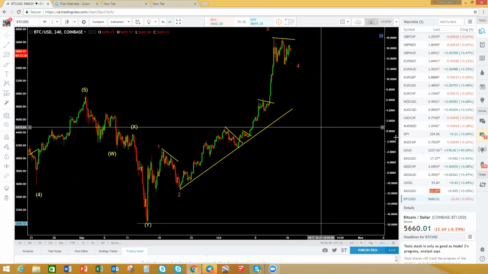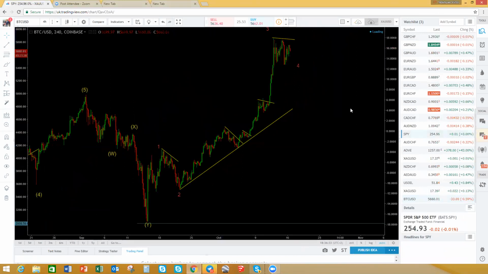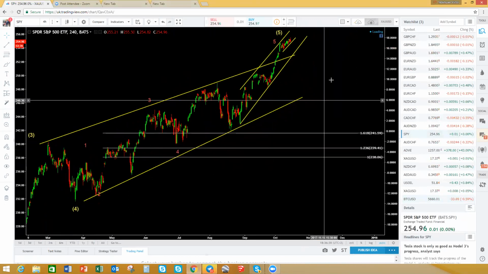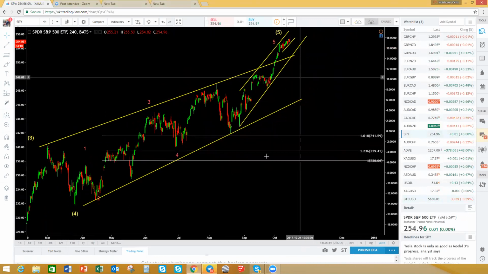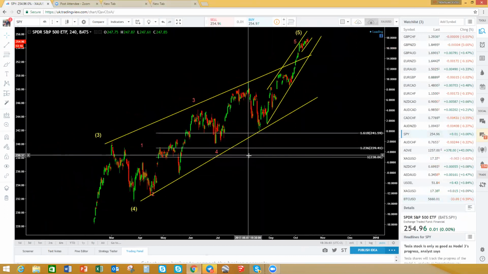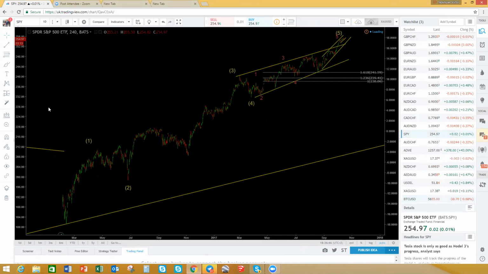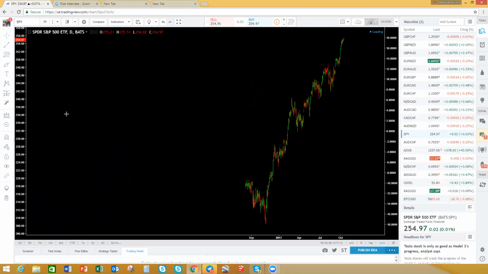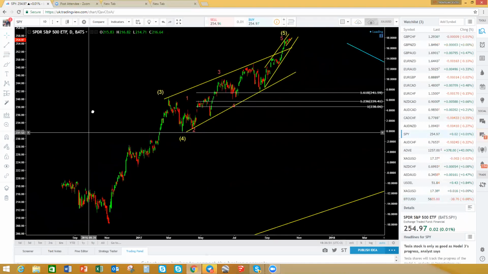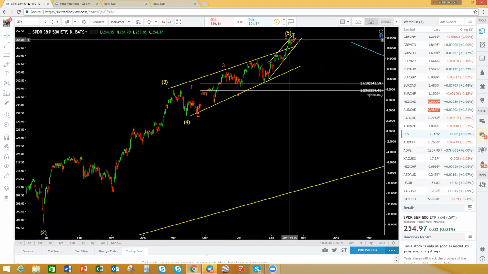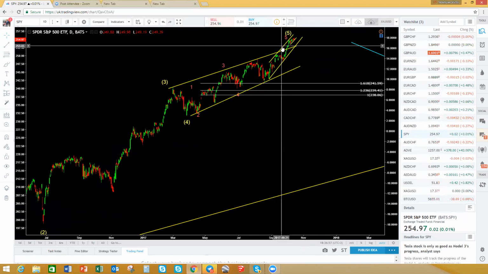And lastly, I'm going to do the S&P 500. So the S&P 500 keeps crawling up and up. It's crawling up and up. Let's go to the higher time frame, the daily. So I've got this ending diagonal here on the S&P 500, and I'm still convinced that this